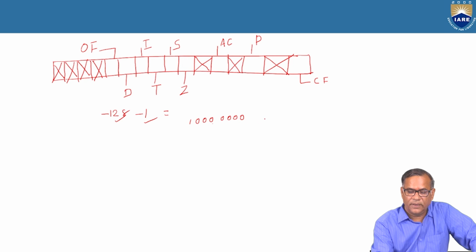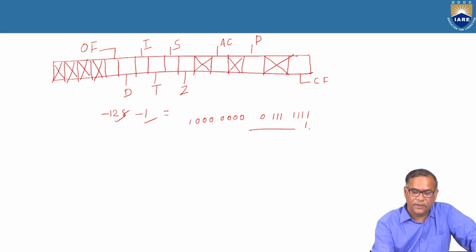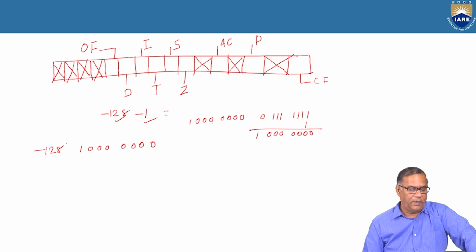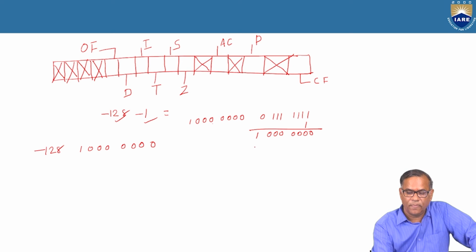So this one you have to make it 0, all ones. Then you add 1. Then you get 1, 0, 0, 0, and all zeros. So this is minus 128: 1, 0, 0, 0, 0, 0, 0, 0. This is minus 128. And what is 1? 1 is